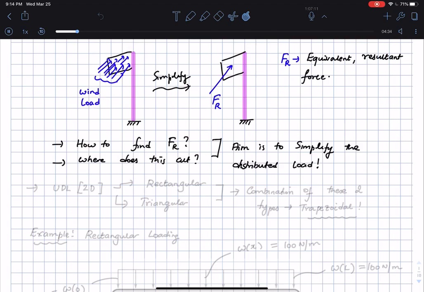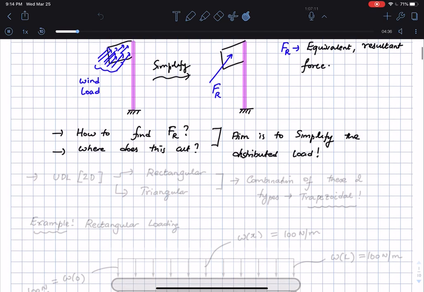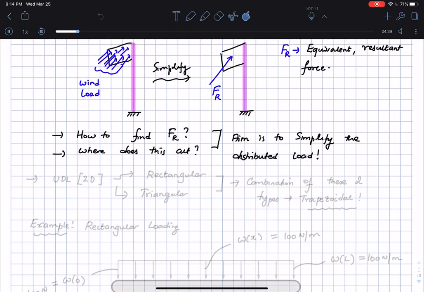This is an example of a distributed load in 3 dimensions. What we will typically do is we will take an equivalent slice in 2D, as we looked at last time, and then we will be analyzing it. The most common types of distributed loading are the rectangular loading and triangular loading. So we will be looking at a two-dimensional situation. The common types are a rectangular loading, and there is a triangular loading,